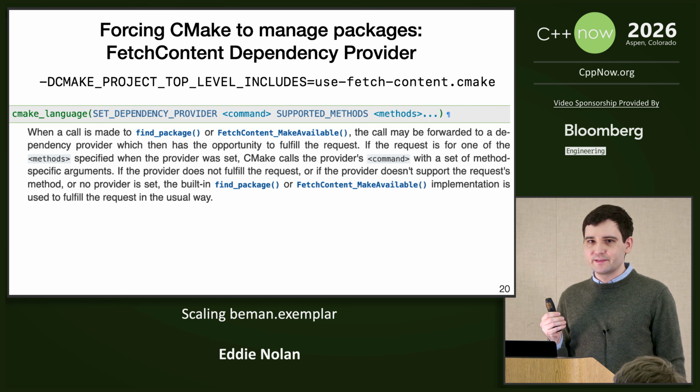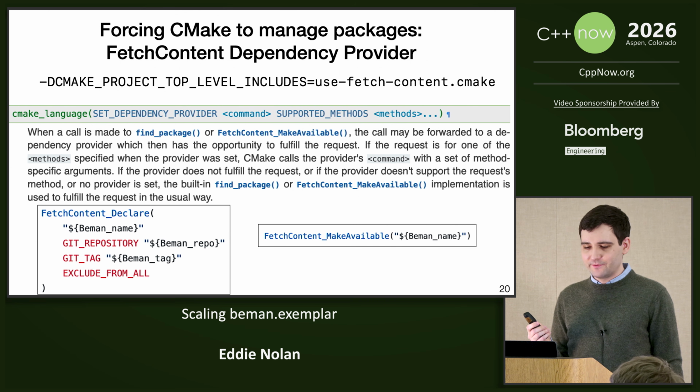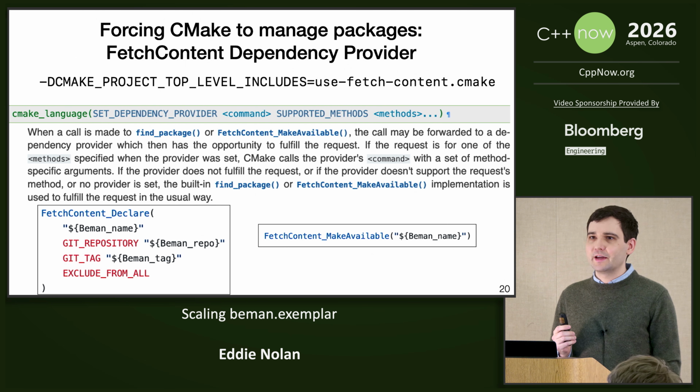And CMake provides this set dependency provider mechanism where, when a call is made to find_package, we can provide some hook that under the hood is actually just using FetchContent_Declare and FetchContent_MakeAvailable. These statements are excerpts from the contents of UseFetchContent.cmake. And for a while, this was essentially the only packaging workflow that we supported, but recently we've added support for,